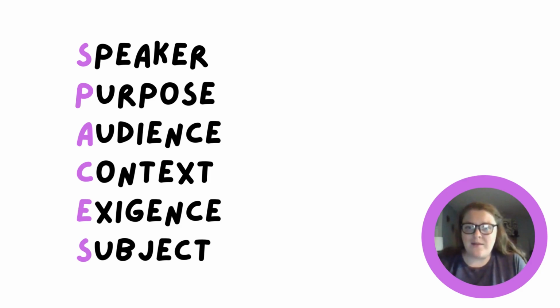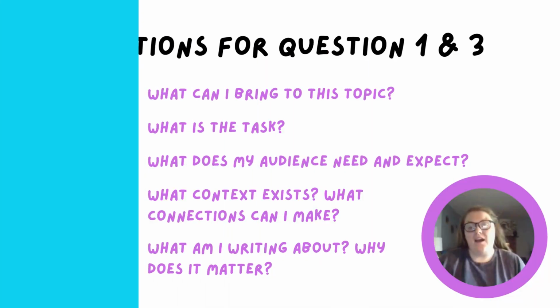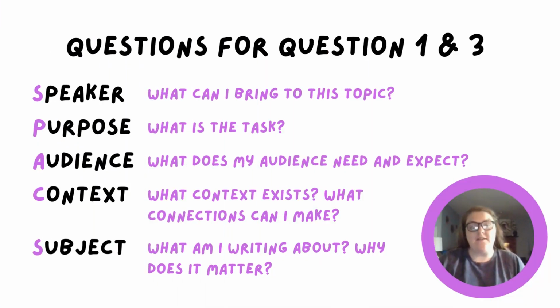So we're not going to spend a lot of time talking about exigence when writing your free response question. Let's consider what's left. High scoring writers or sophisticated writers really consider their rhetorical situation and have a deep understanding of it. While question 2 will ask you to analyze the rhetorical situation of someone else, the author of the passage, the 2 persuasive prompts, question 1 and 3, rely on your understanding of your own unique rhetorical situation.